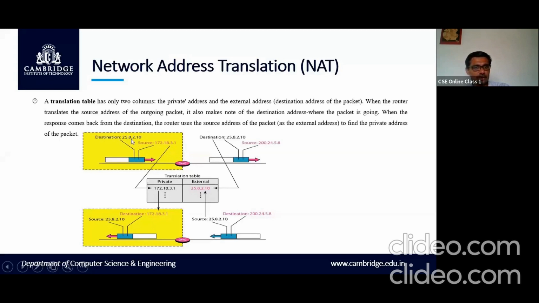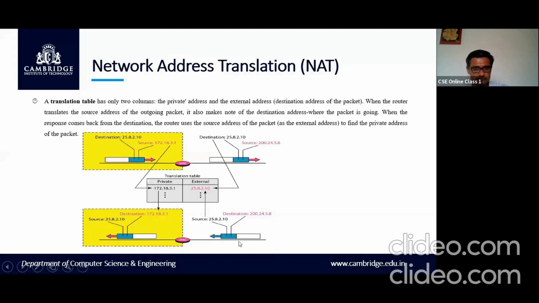This part is replaced with the NAT router address, 200.24, which is there. The source is also replaced: instead of the private source, the NAT router address is placed. The same thing happens when a packet comes to the router here.